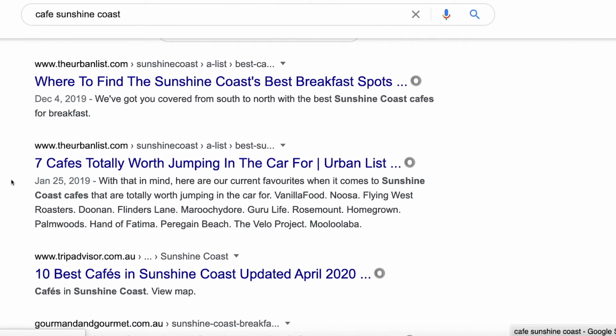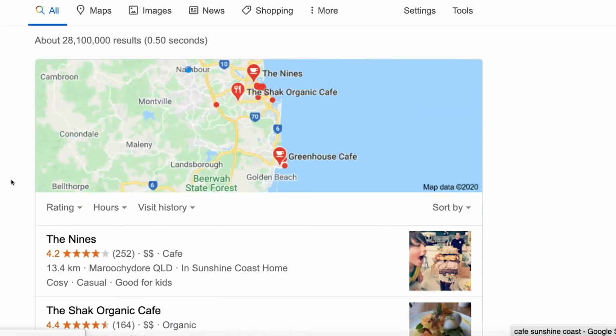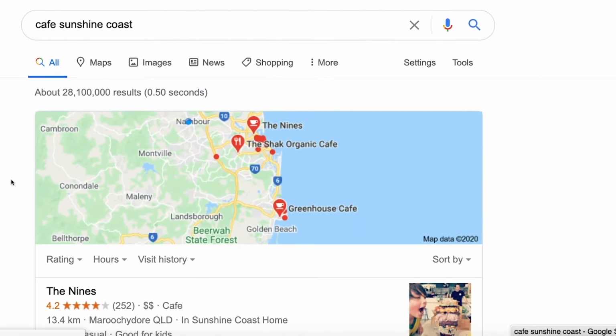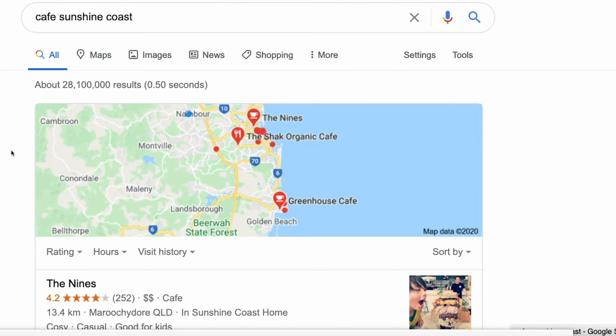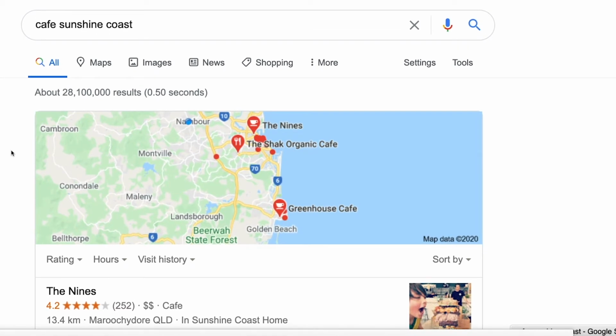Okay, so that's why we need some kind of tracking software, even if you only have 2 or 3 keywords that you're searching for, because if you go into Google and search, then it's just not really going to give you very accurate results. If you really don't want to use tracking software, then there is one other option that you can use,